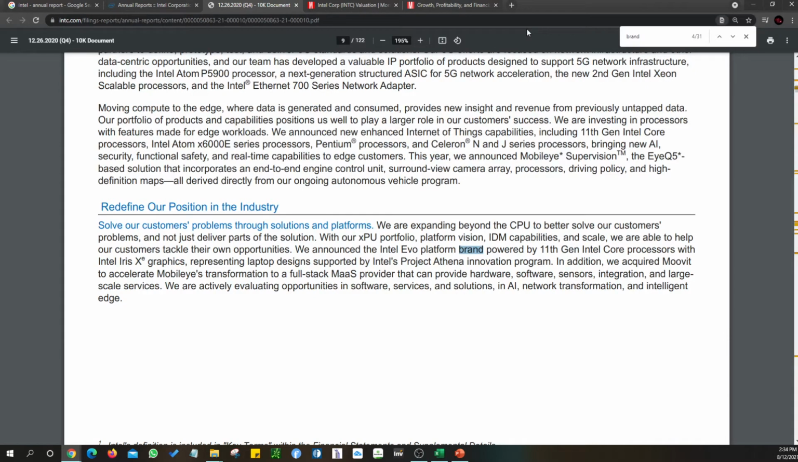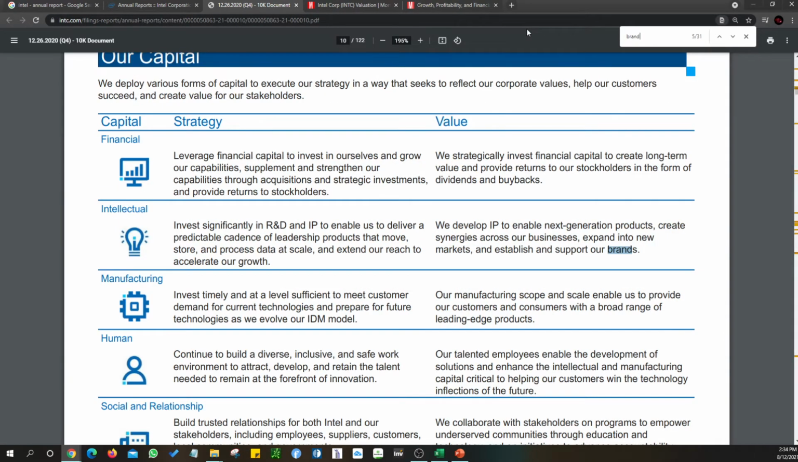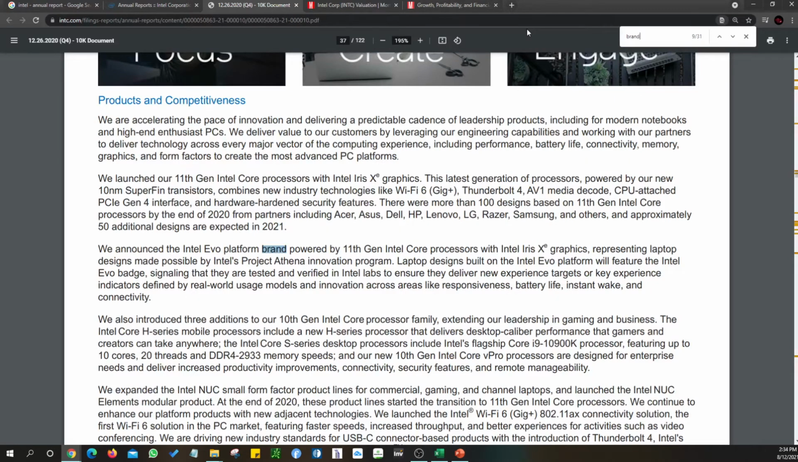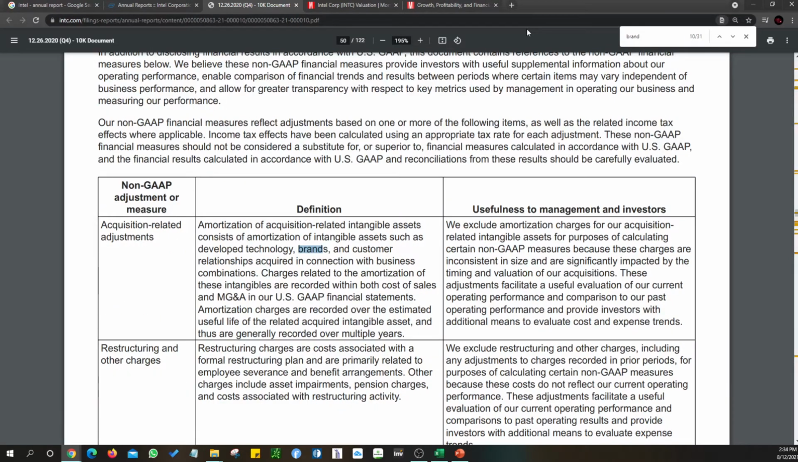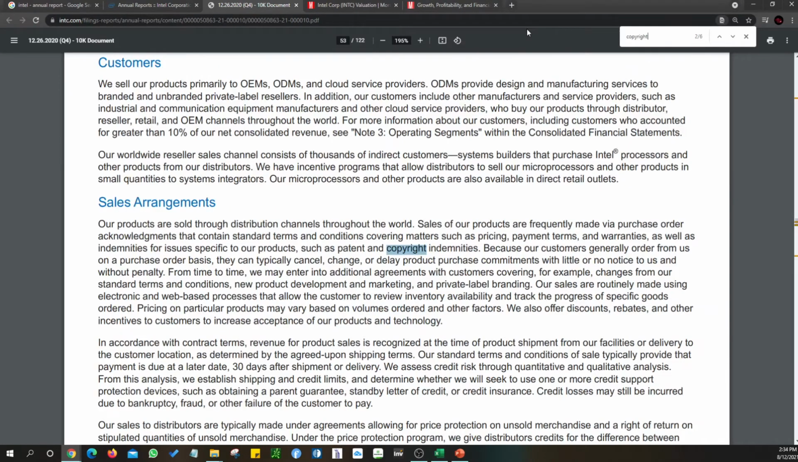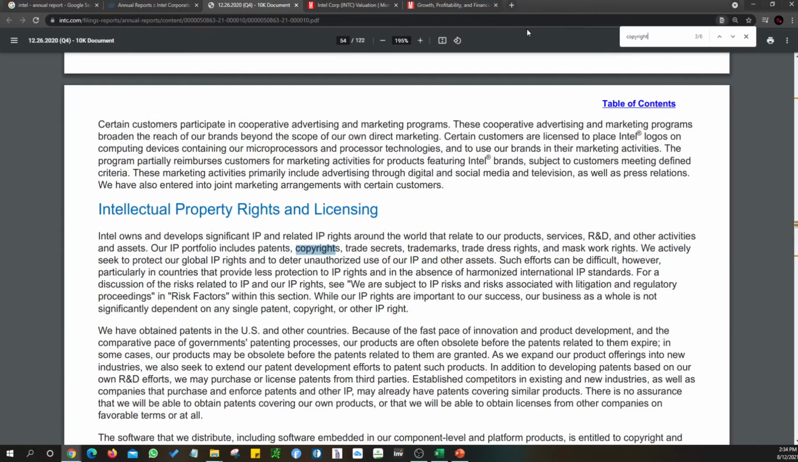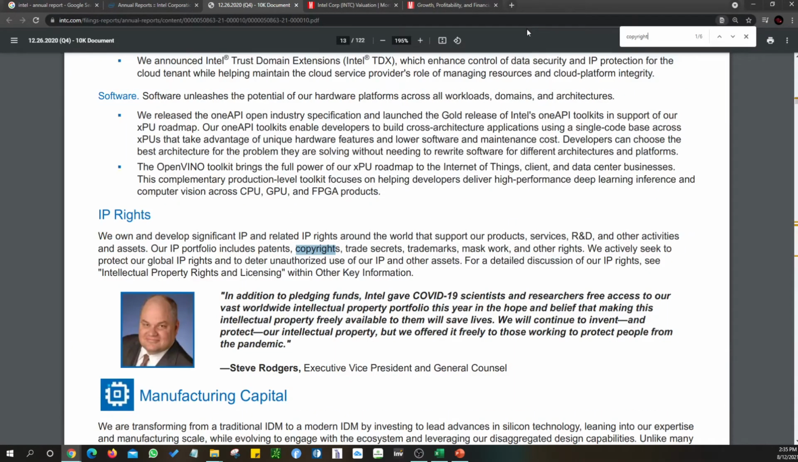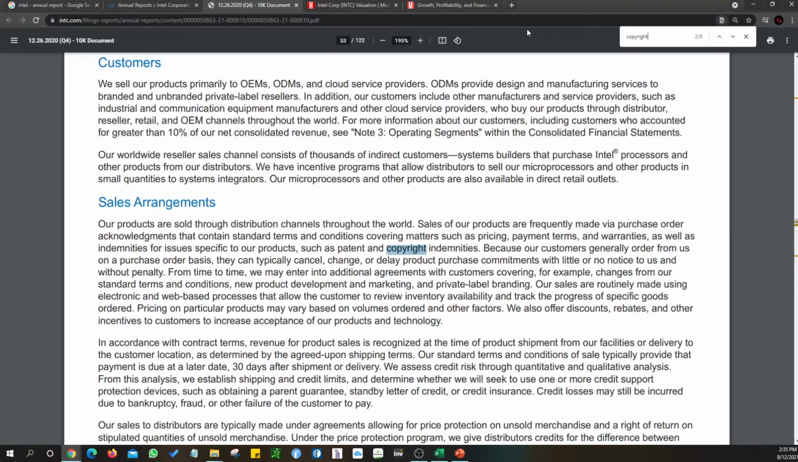Look at the Intel Evo platform brand. Intel itself is a brand, so that's their IP and their brand. And you can also search by copyright. They have patents, copyrights, intangibles. So the facts are there. You can generate a report based on this, saying that yes, this company definitely has copyrights, patents,